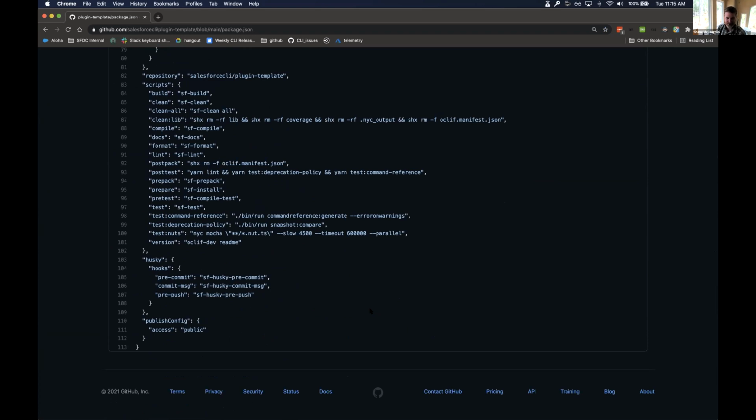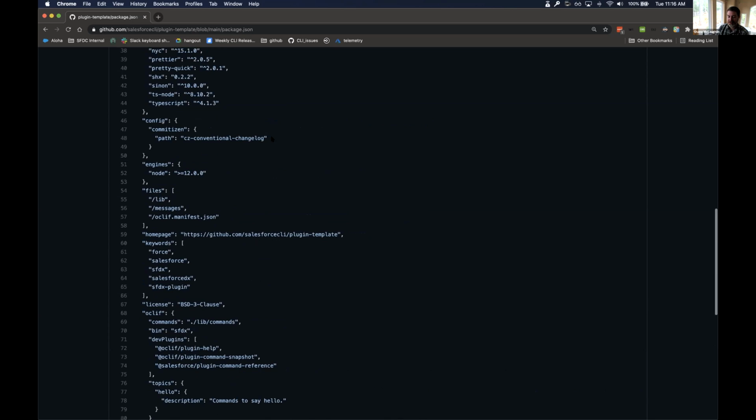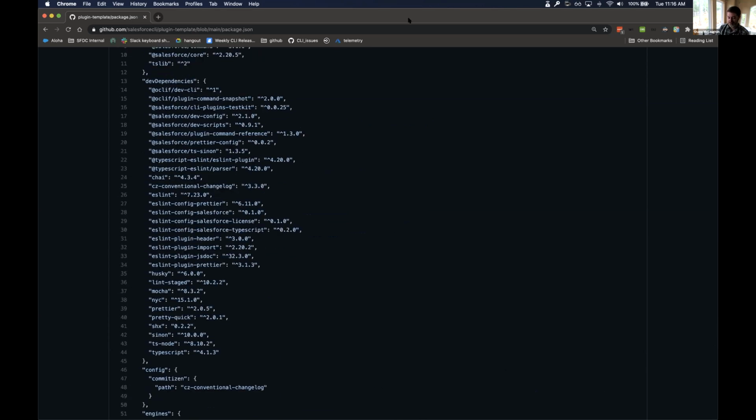So Steve is right now working on a rewrite of the source commands like source convert and source deploy and that type of stuff, source retrieve. And there's a whole new plugin that's not available yet for that. And it's based off of this template. And if you go look at the scripts in particular, you'll see some really bizarre things that you don't normally see, which is SF-something. And so what we've done here is standardize all of these repos,